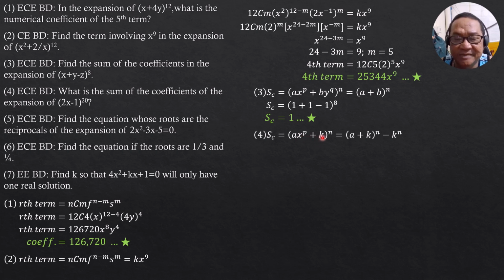All terms in the expansion will have x, but the last term is k to the n. In order to neutralize the presence of that constant, which is accounted for after replacing the variables by 1, we account this as a coefficient, where in fact it's not a coefficient. In order to neutralize it, we subtract k to the n.